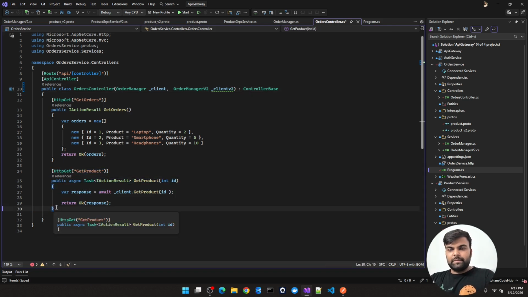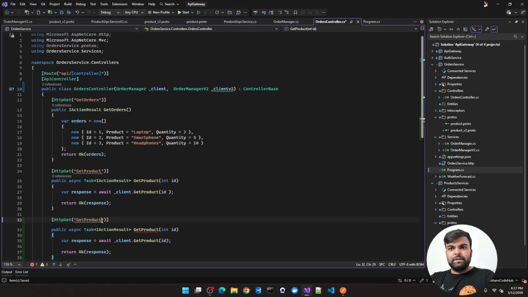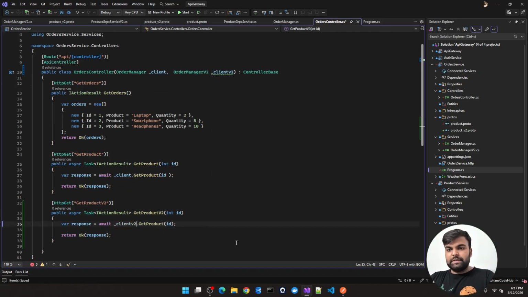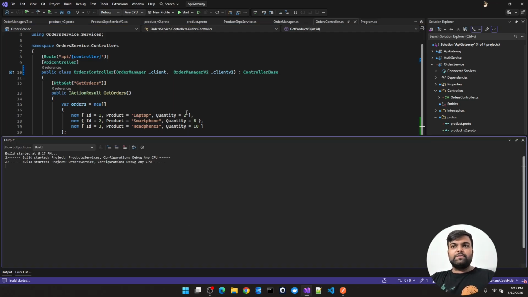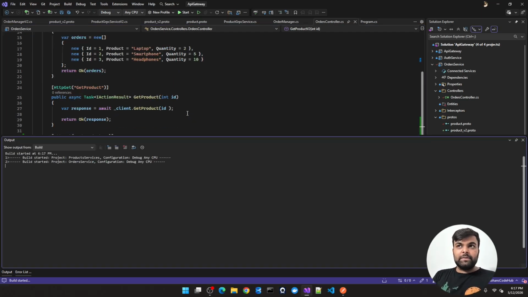Copy this thing and paste it here. It should be product v2. Of course I will need it as a client v2 as well. Now we have successfully implemented the gRPC versioning at the code level.